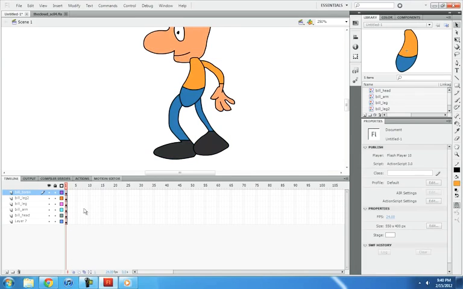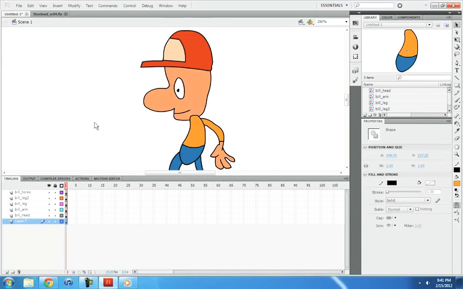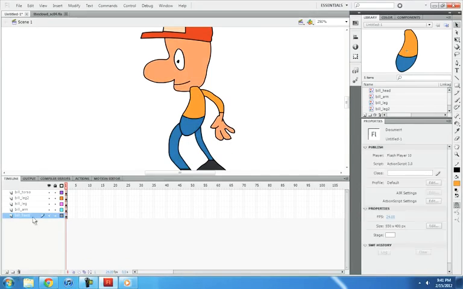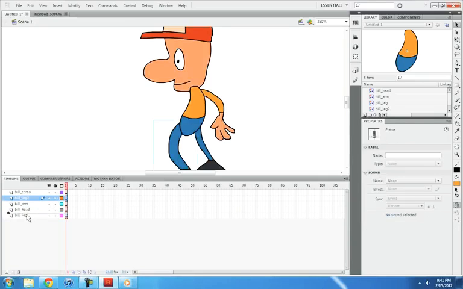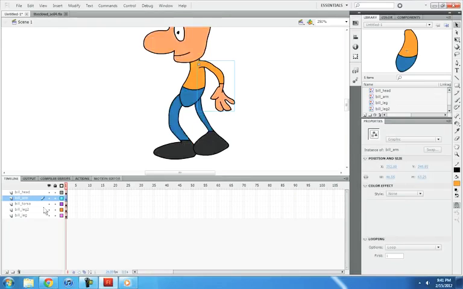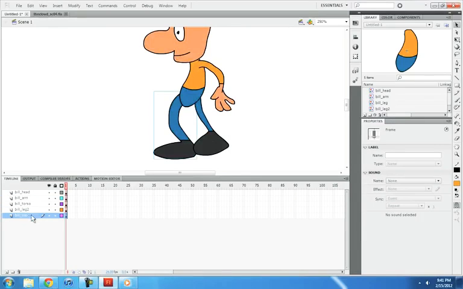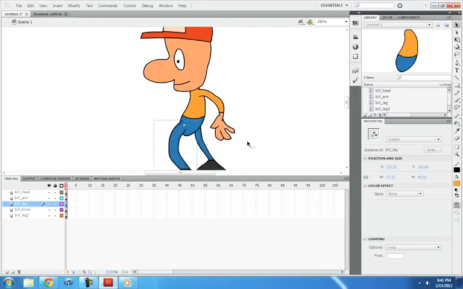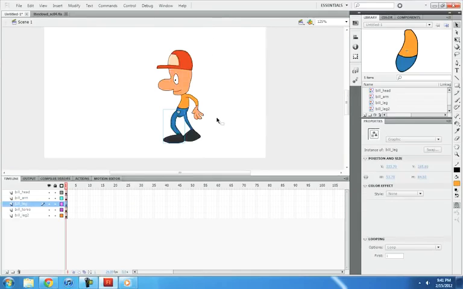So let's see. We want to put them in the right layer, so I think that the first layer, get rid of this one. First layer should be the legs. Put both legs on the bottom, and then the head should be on top, and then the arm should be on top of the torso. So it looks about right. Maybe this leg should be in front of the torso. Yeah, that looks good too. Okay, so